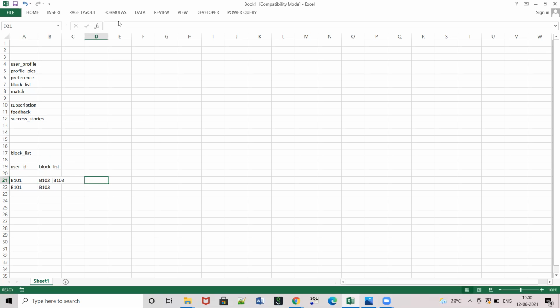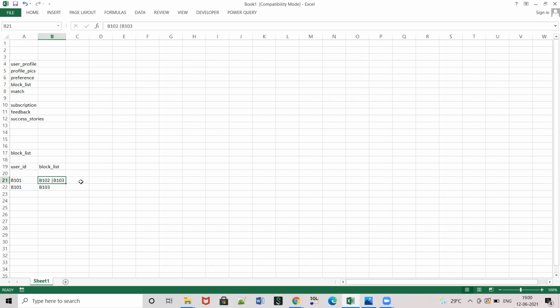Here I am using a pipe delimiter, so we can concat using a delimiter in SQL. In the stored procedure we have to do it like that, so that next time if I want to see the block list for this particular user ID, I will retrieve this list and then segregate it on the basis of this delimiter using some string function. So in both ways we can store.